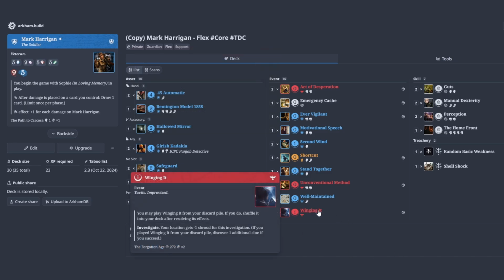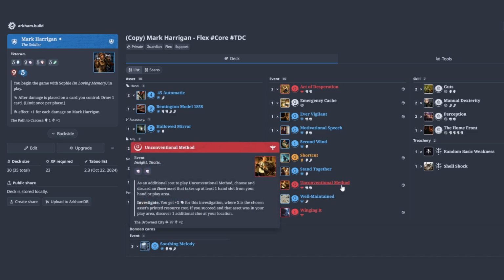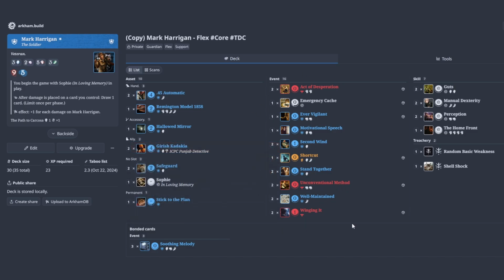I do wonder if there's a way to get Art of War in here. I spent a while looking at that, both at level 0 and the upgraded version, and I really couldn't find a way to make the economy work. That was the main problem, right? Because if I'm using Well Maintained with Unconventional Method, that's an economy loss, right? Because I have to replay the gun and I don't get money back. If I am using any of my tactics in this deck, they all cost money, they don't generate it, so